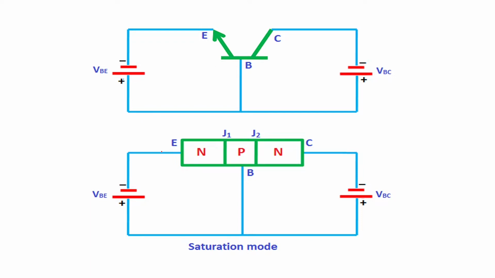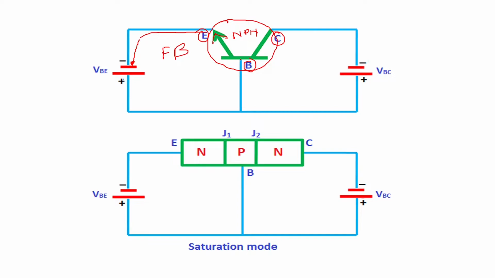So in saturation region also we have a connected configuration which is common base. So base is made common to the input and output circuit. Here you can see this is your symbol of NPN transistor because this arrow is shown outside, and this is your emitter, this is base, this is collector. Now the N-type emitter is connected to the negative terminal of the battery. So negative charge carriers, electrons, are connected to negative, so there will be a repel force. So this connection gives rise to forward bias condition.